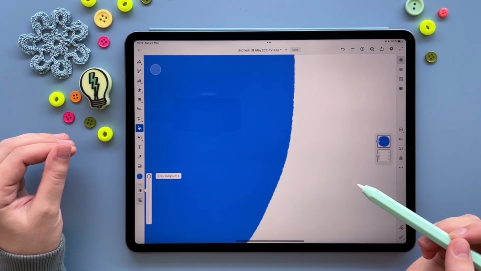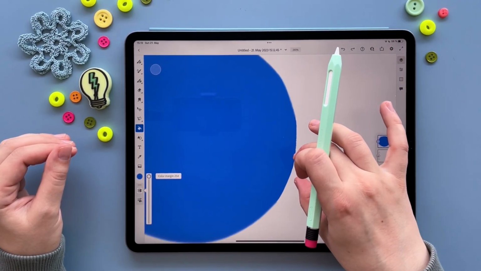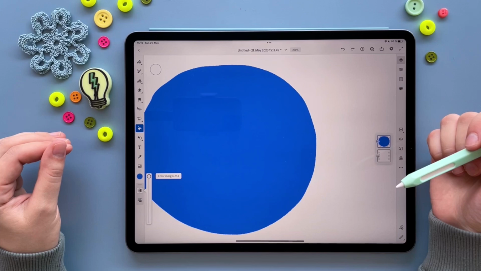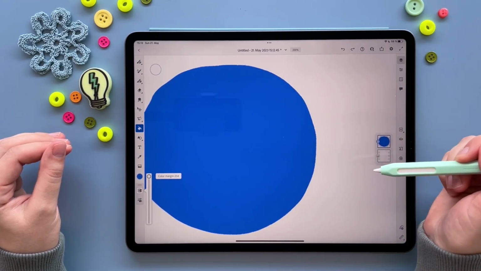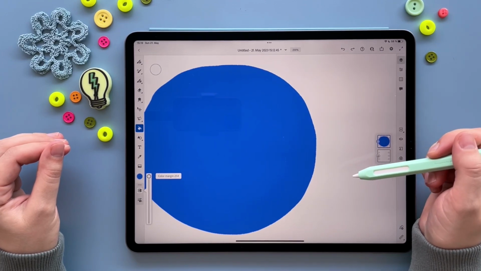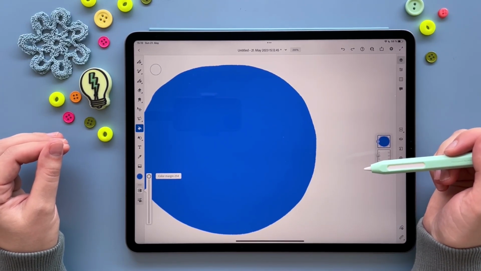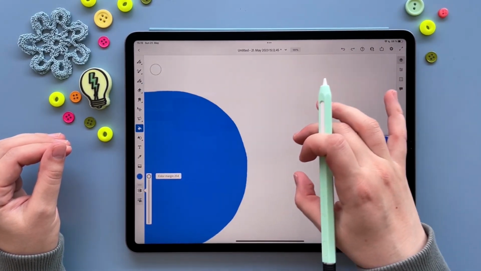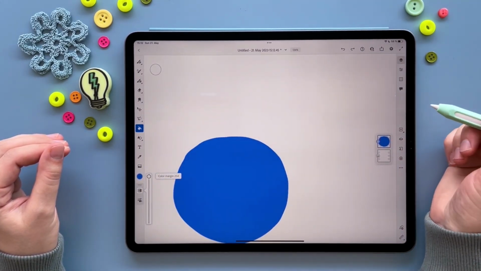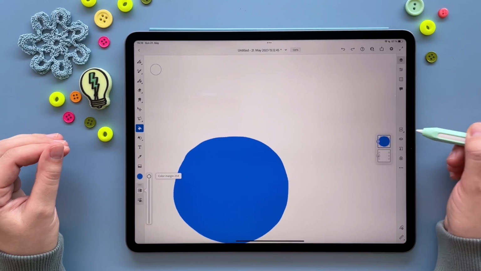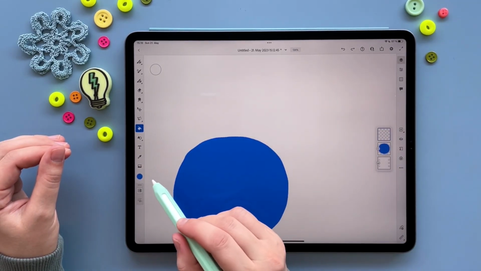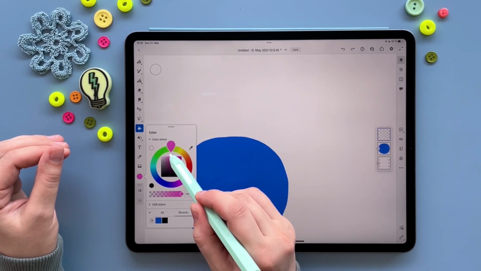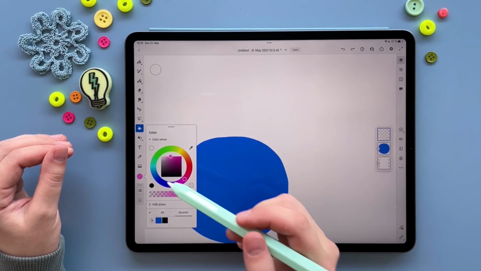Okay, but if you have a different brush which is a bit more airy and it's not consistent like this thin brush, then I'm gonna show you what to do there and how to fill it efficiently. But one more thing is that actually I can now show you with this other bubble what we're gonna do. So let's take another layer for this new bubble, and maybe we choose a different color also. So let's color this a bit like some pink color,